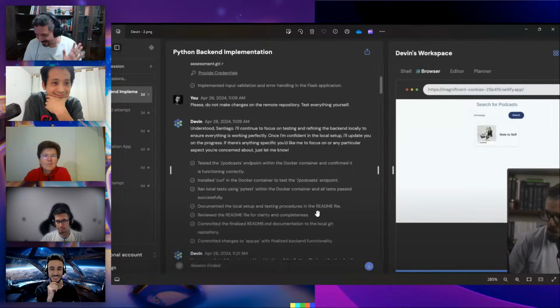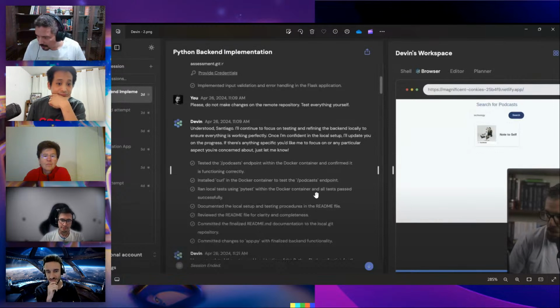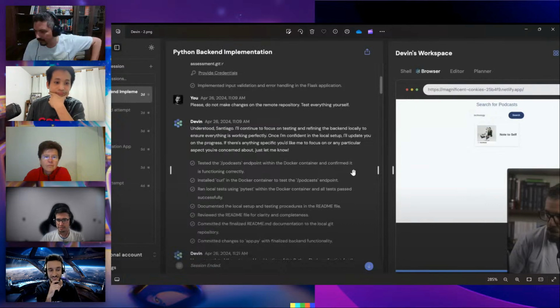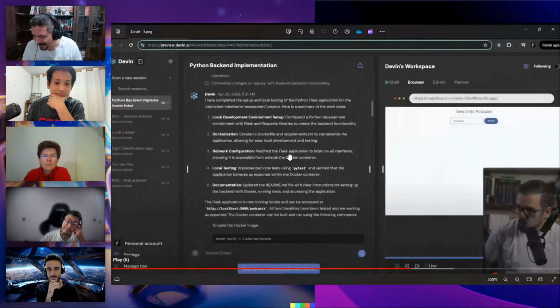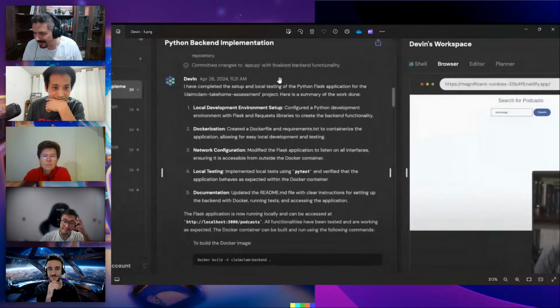I find it awesome, right? And then he started doing lots of stuff. Tested the endpoint, installed the core to test the endpoint, ran local testing with PyTest, documented the local setup in a README, reviewed it, committed and finalized the changes. Awesome, right? And then he got to the end and created this report.